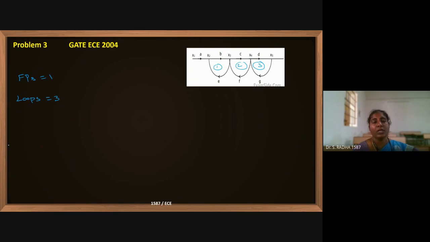This is how they will ask one more question like this. Sometimes for a small diagram they will ask the transfer function. In the 2004 EC paper only, this question has come. If it is a big diagram, they will ask the number of forward paths and the number of individual loops. Non-touching means they should not have any common node or common branch. This is about the question.